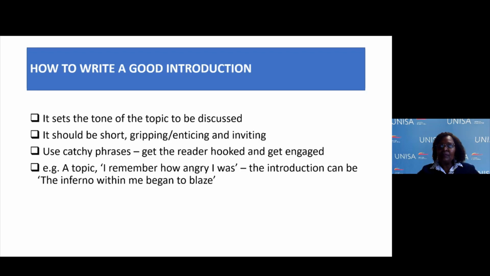Because you are sort of highlighting what it is that you will be discussing. So that is your introduction. Once you have a good introduction, then I'm telling you, your writing, your paragraphs will just flow, because you will now be formulating your paragraphs, but the introduction sort of sums up or paraphrases what you will be discussing